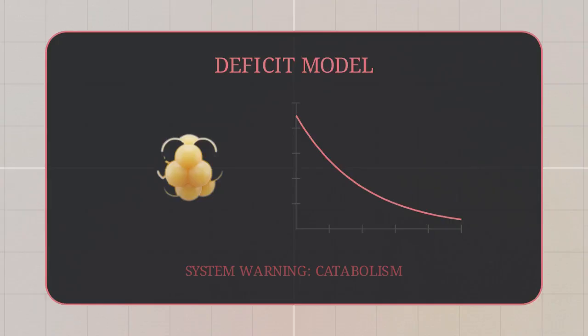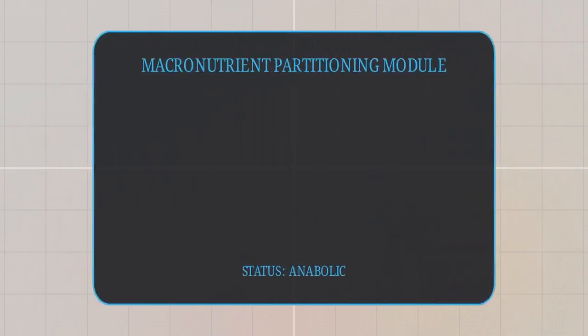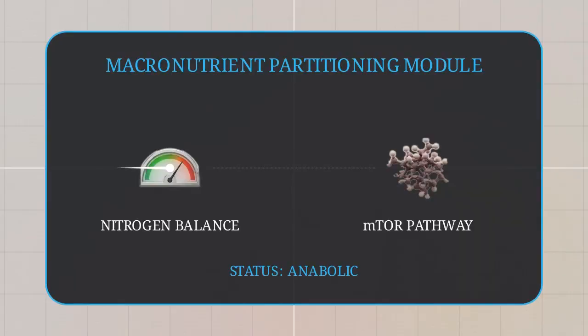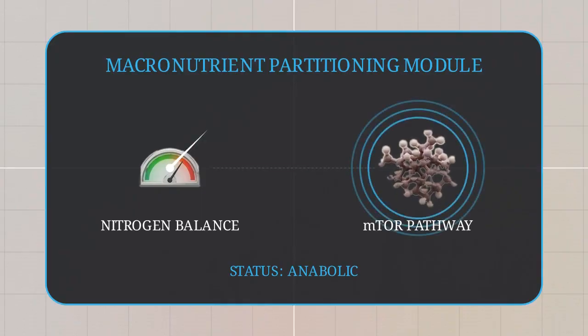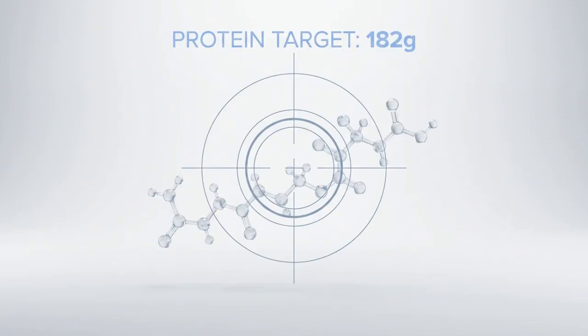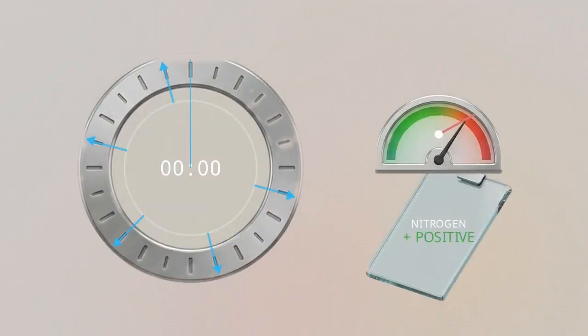We see the dashboard switch here from a deficit model to the macronutrient partitioning module, focusing on muscle gain. The primary biochemical requirement for hypertrophy is achieving a positive nitrogen balance, which regulates the mTOR pathway responsible for cell growth. The system analyzes your body weight and calculates the exact daily protein threshold required down to the kilogram. It then dictates a specific meal timing schedule to ensure that positive nitrogen balance is sustained evenly across a full